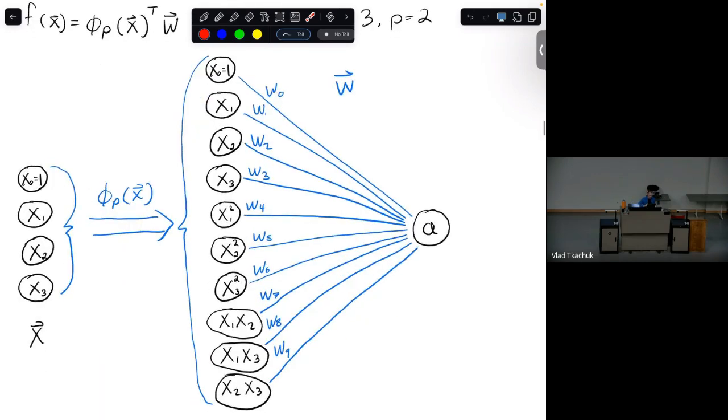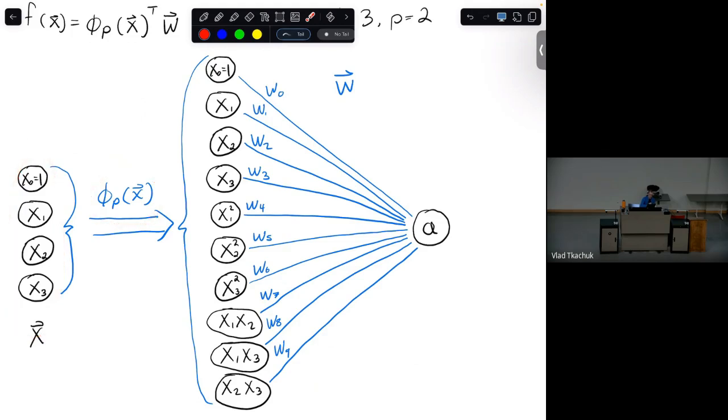And the way to think of this is that you started with some original features, x. You then applied this function here. And notice how I haven't drawn these lines and stuff like that, because it turns out you actually can't represent this as a neural network. Sorry, just to be clear, I said the word cannot. This cannot be represented. So you start with this set of features. You think of this phi of p as making the features bigger.